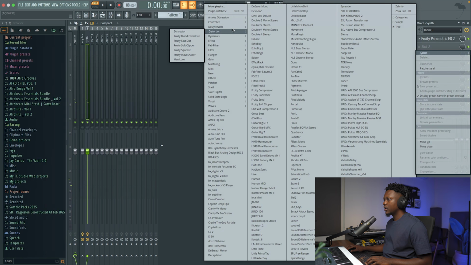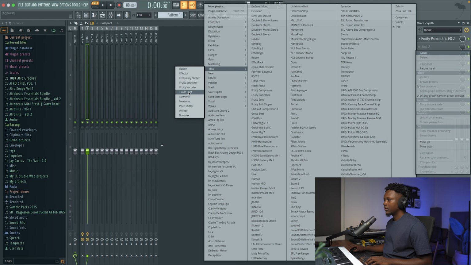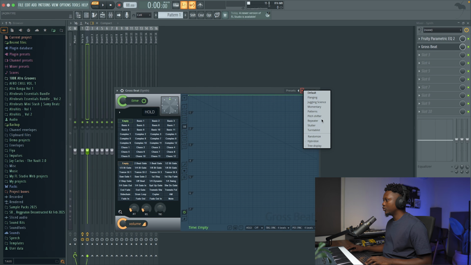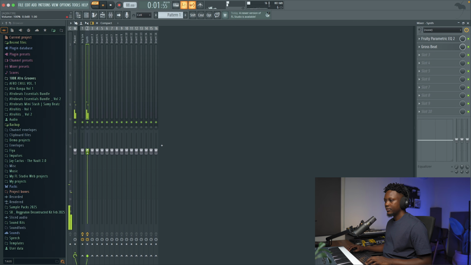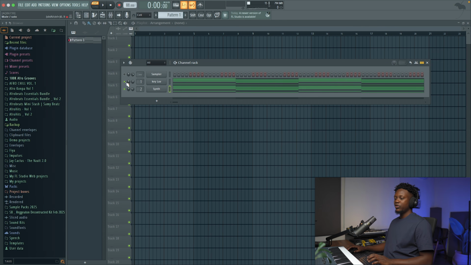To make it more interesting, we can add the ghost beat, and then we go to the repeater, and then we use the sidechain. You see, and then now when we combine both,